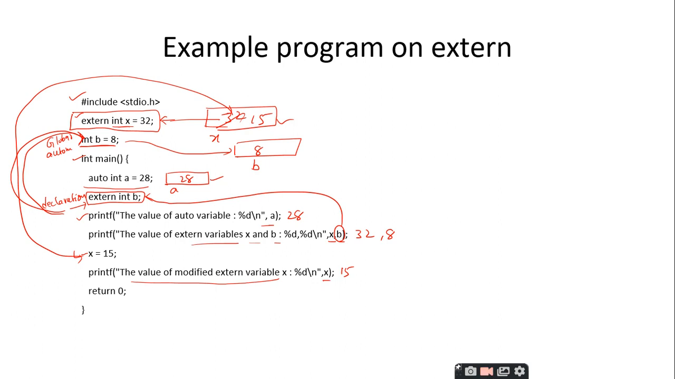But keep it in mind that the extern keyword is used to extend the visibility of the variable. So what is the purpose? The main purpose of extern is that it will extend the visibility or the scope of a variable. But we are not going to use this extern keyword for the functions. We are going to use this extern keyword for the variables only. Why? Because